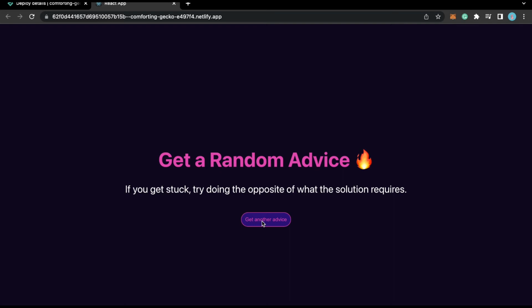But if for some reason the project that you are trying to deploy doesn't work, there are a couple of ways to fix that.